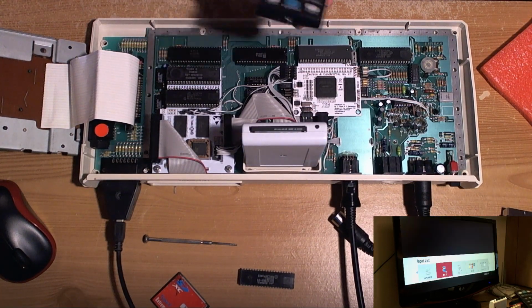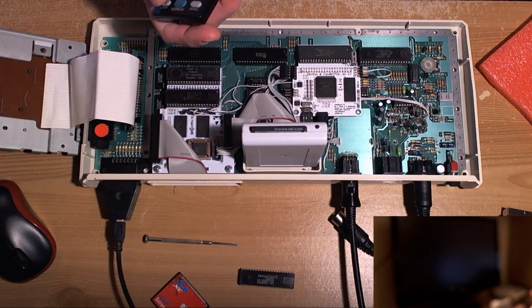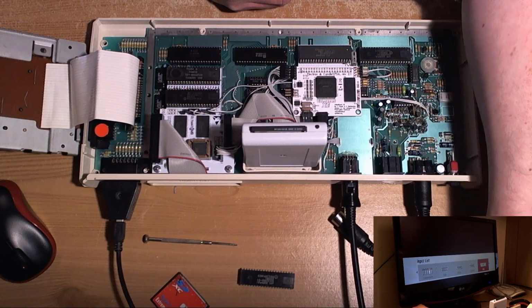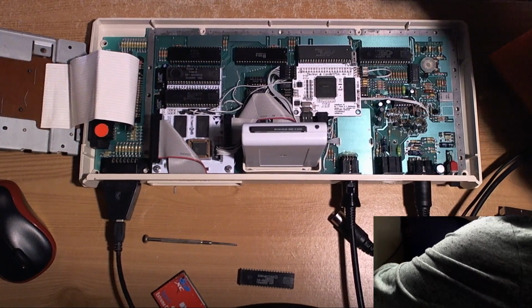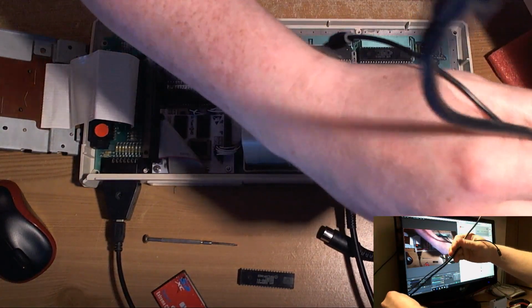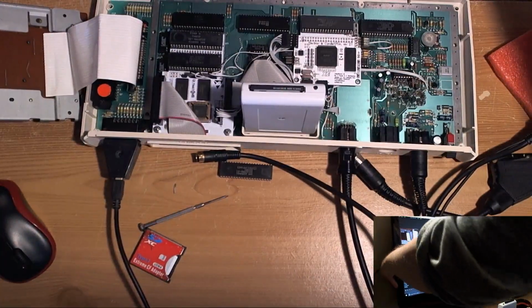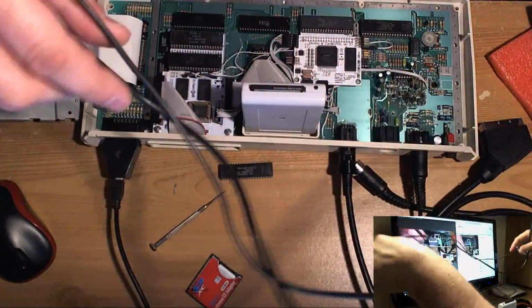Okay, so back to Scart. I could just plug this into the capture card actually. Why don't I do that? Yeah, why don't I do that? So if we plug, wait a minute. And here. And this, what the hell have I just plugged? Jesus Christ. I've just unplugged the audio from the PC. Hell's bells. Alright. Put that back in. Right. The sound's already plugged in, so